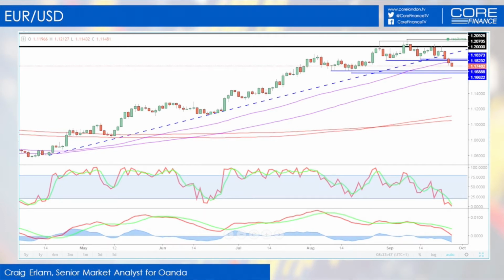for monetary policy. But interestingly, from a purely technical standpoint, we've seen a break of the trend line, and now we've taken out those previous lows. In fact, we've got a head and shoulders pattern there, with the first shoulder coming just before the start of September, the second shoulder forming last week, and then the head being that peak. So the fact that we've seen a break of that neckline suggests